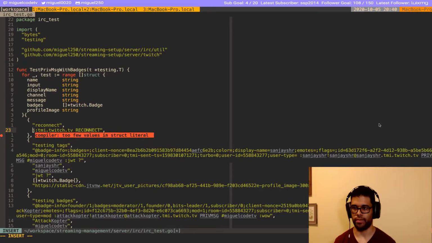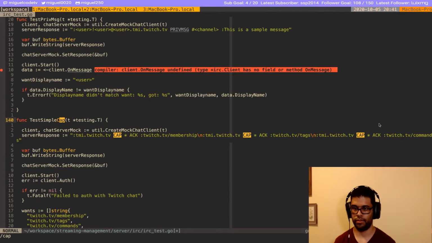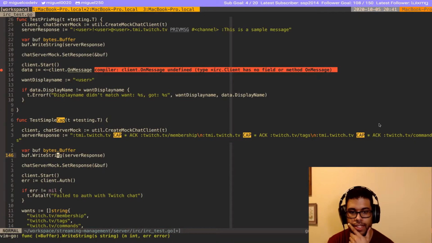The issue here is mostly because we have to handle cap. There is a specific function that we have to call to initialize. So we need to close a connection and then a new connection should be opened.